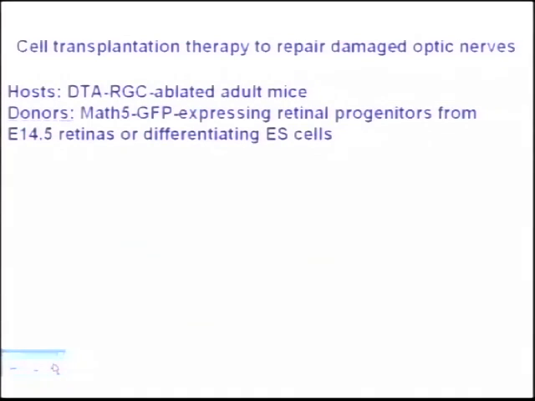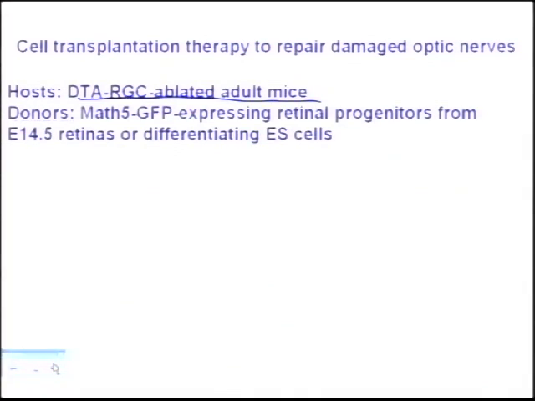And we're going to use our mouse model to do that experiment. And so the idea is very simple. We're going to inject some kind of stem cells or progenitor cells from the embryo into this adult that doesn't have the ganglion cells in the optic nerve and see if those stem cells can then colonize the retina and then reproduce the optic nerve. And so I'll show you what we've done with this so far, not a lot, but a little bit.